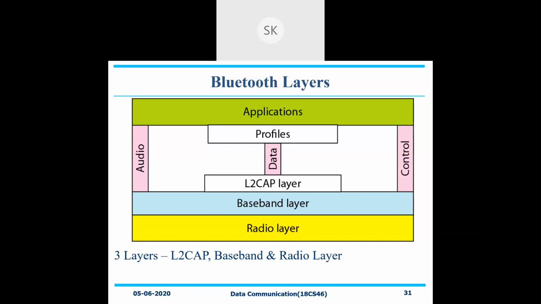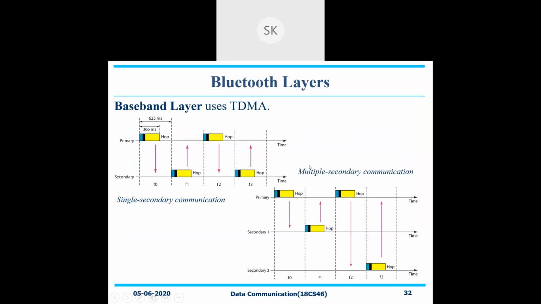The last part is your radio layer. This will be taken care of with respect to your transceivers. Transceivers are nothing but transmission followed by receiving the signals. Both things will be happening with respect to your radio layer. For that, radio stations we require to have. Radio signals will be taken into consideration. So based on which type of transceivers you want to have, it will be used.